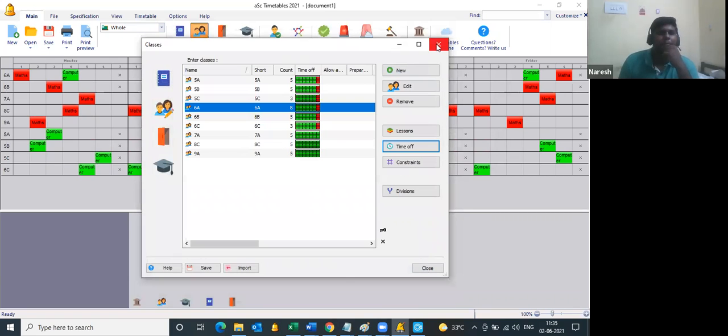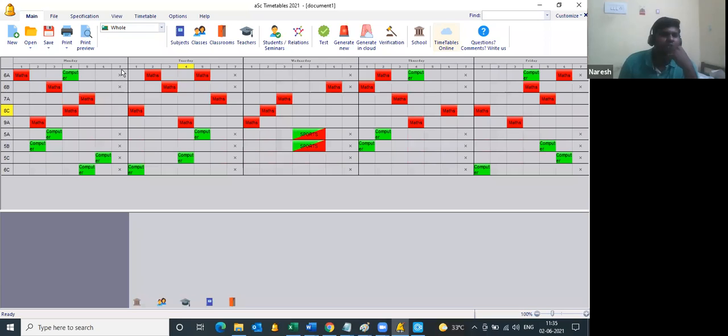Also, on this particular page, the 7th period will be marked with an X. So the timetable will not generate for this 7th period.